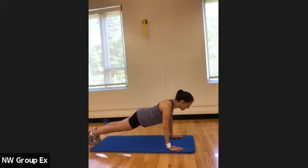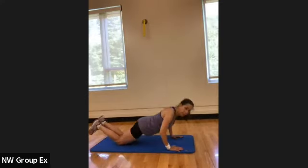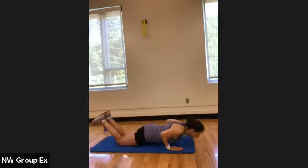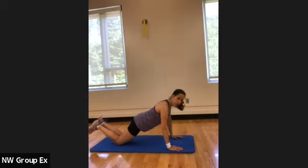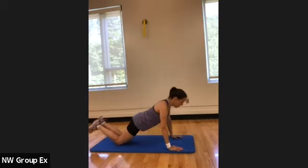Shoulder blades push down. I want you to give me 10 with good breathing here. So inhale down, exhale up. 2, press. 3, keep those heads in line with the back. 4, inhale, exhale, halfway there. 4 more. You got this. 3, 2, 1 more,